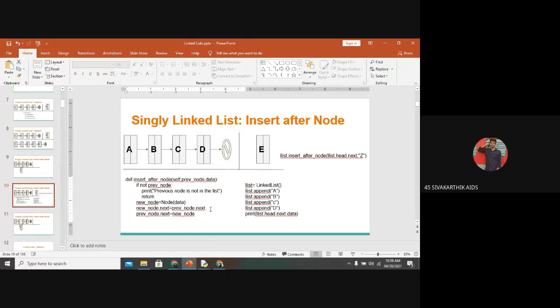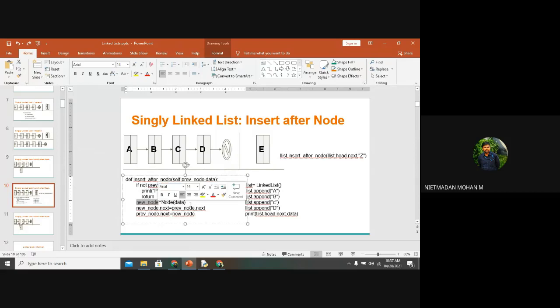C, sir. So here you can see B is equal to C, right? Sorry, B is not. E is equal to C. You don't say B is equal to C. So new_node.next is equal to previous_node.next. So here we have already created a new node called E. So after E, the previous_node.next element C is to be inserted, and previous_node.next is equal to the new element, that is E will be inserted.